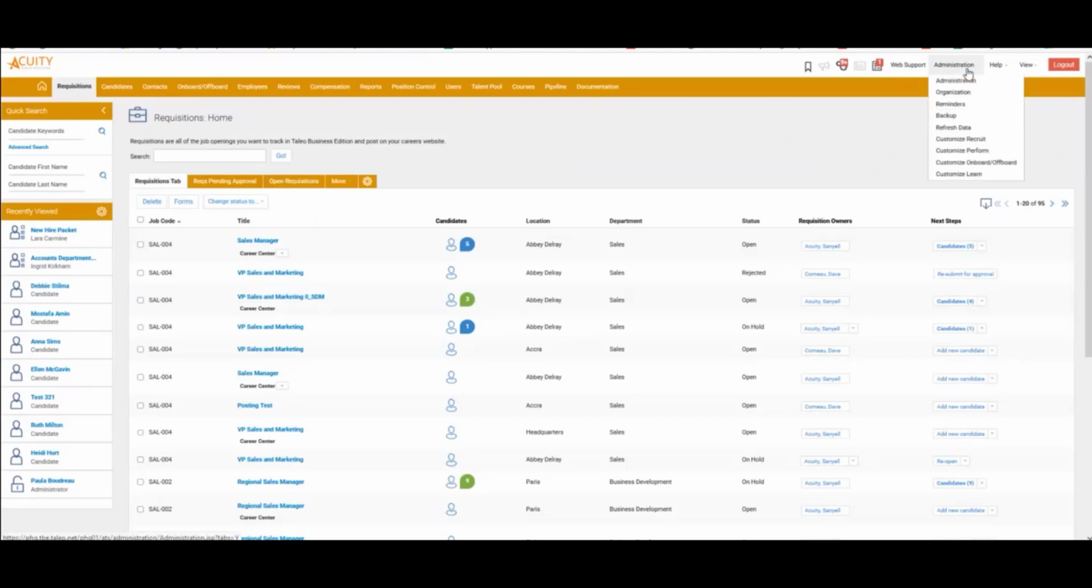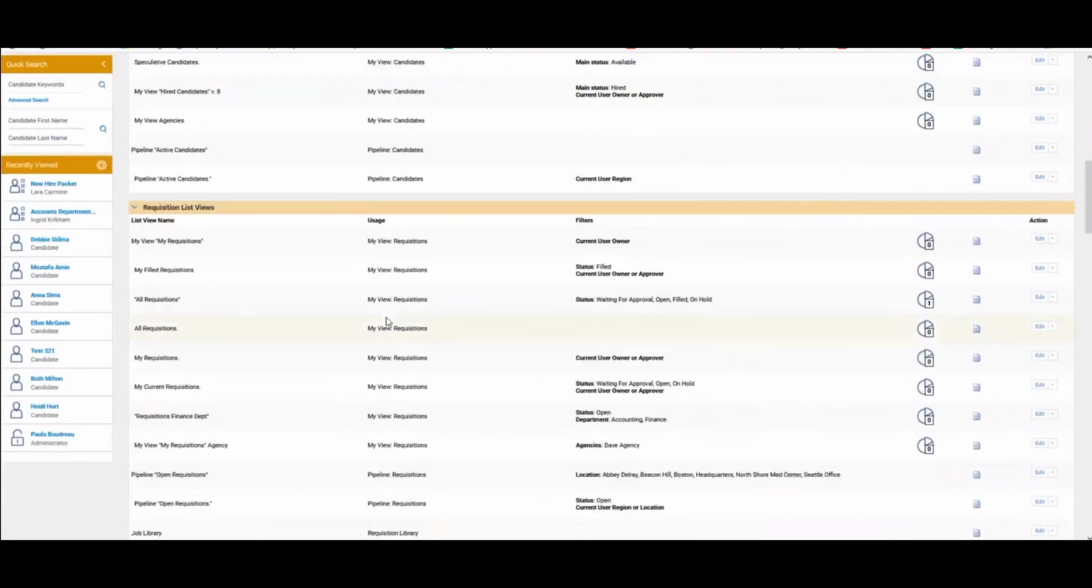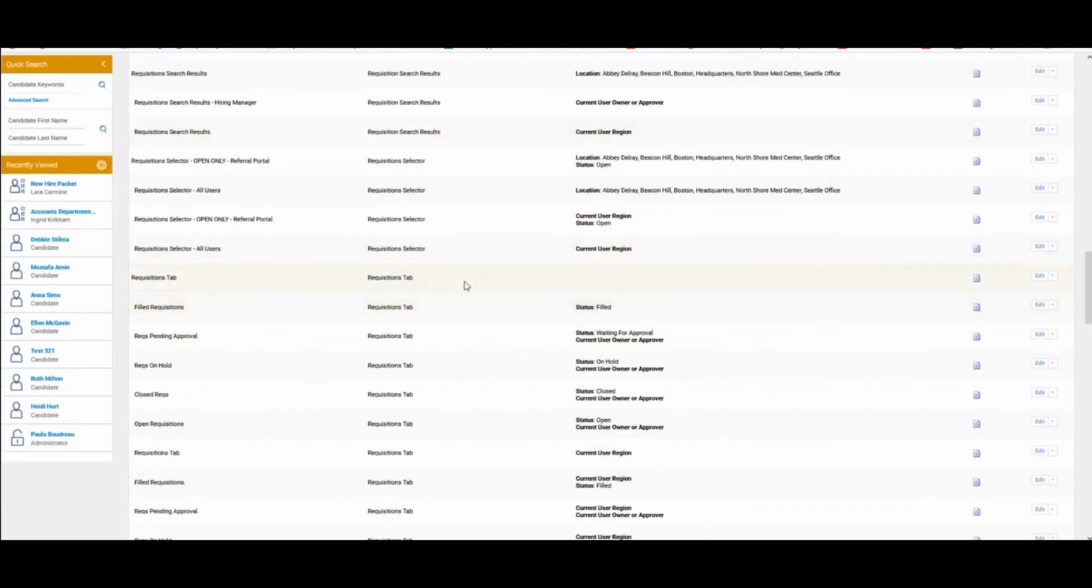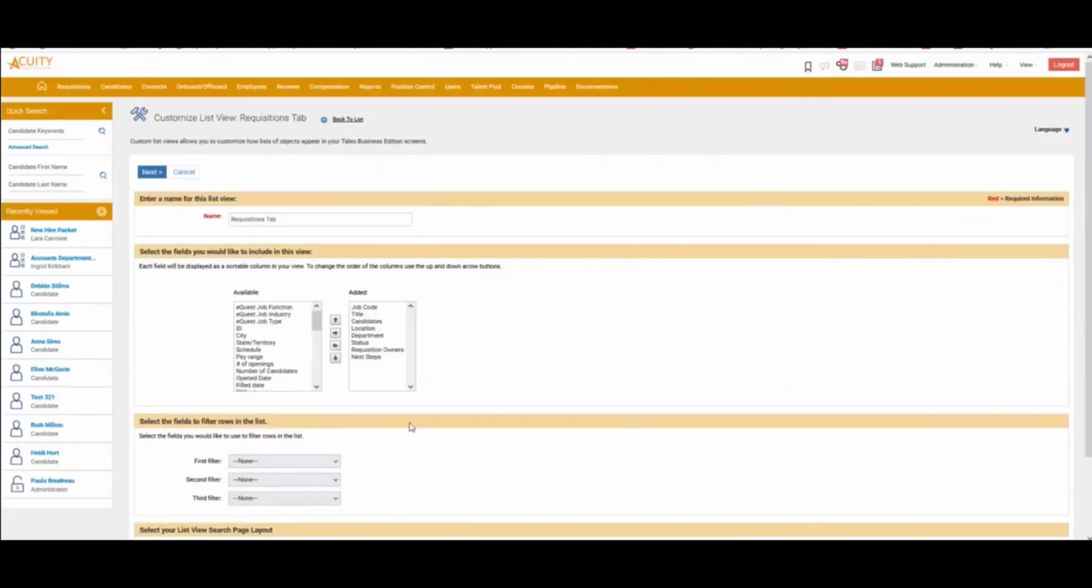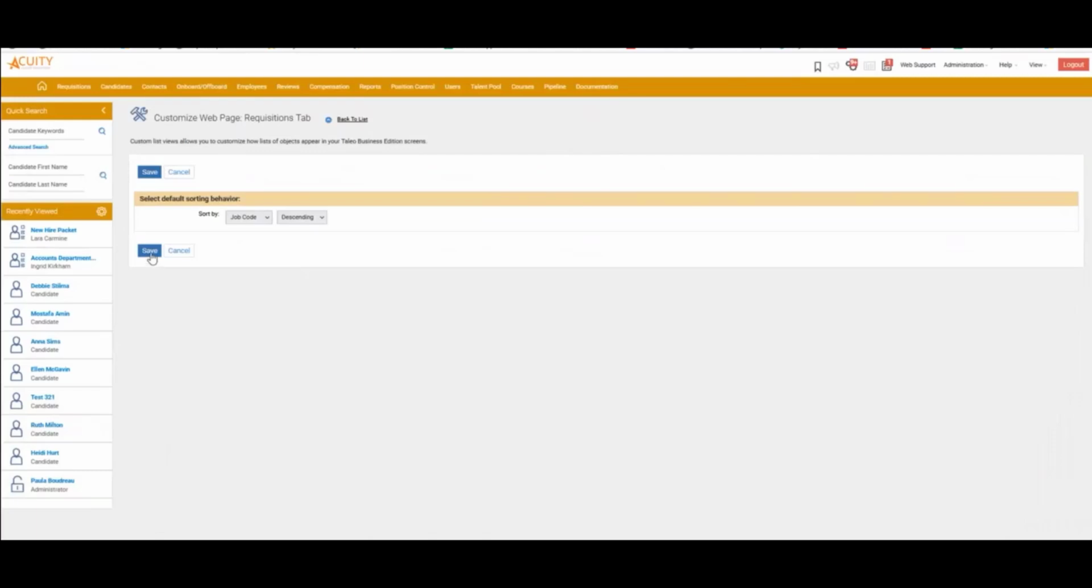First, we need to go to Administration, Customize Recruit, and we will go into our list view. Now, this is for requisitions, so we will go to the Requisition tab here, List View, and simply click on Edit. Here, if we want, we can enter any filters, but for the purpose of this exercise, we're not going to add any. And here we can see that we can apply a list view to the search page layout. So we're just going to use the search requisition one, click on Next,